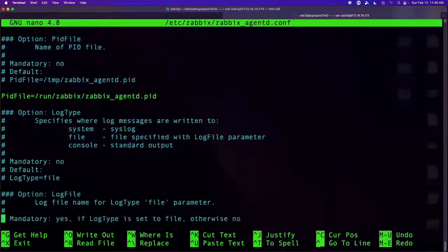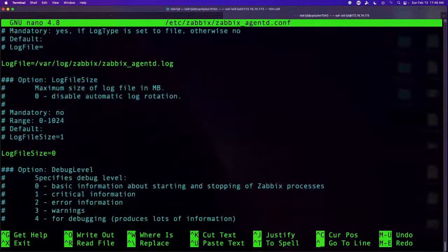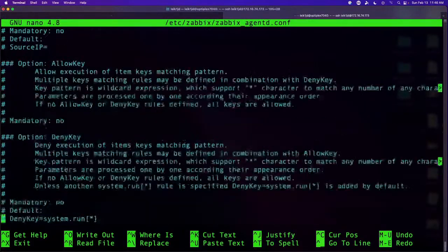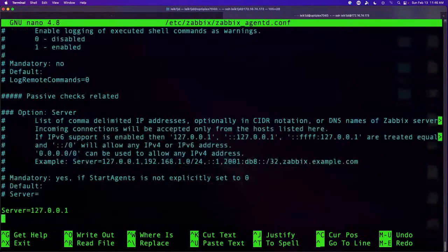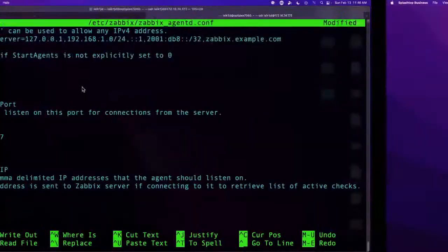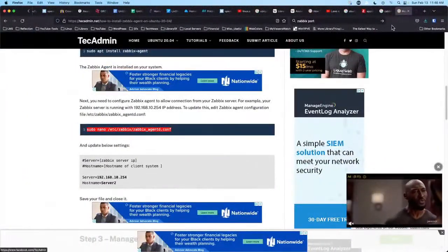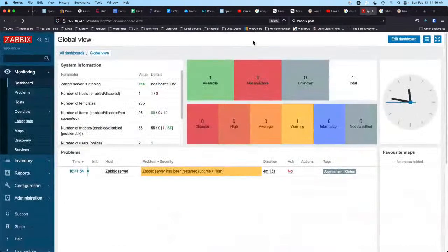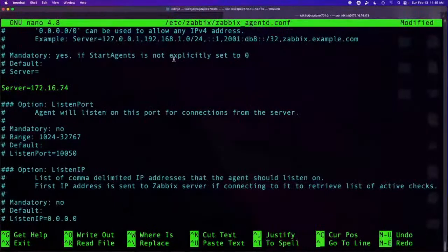So if we come down a little further, we should have a line for the server. Server is going to be 172.16.74.102,